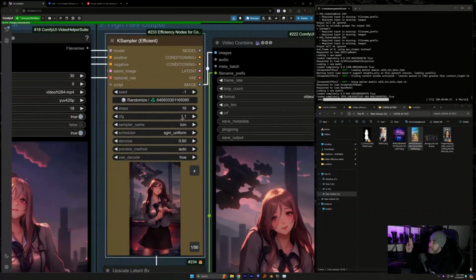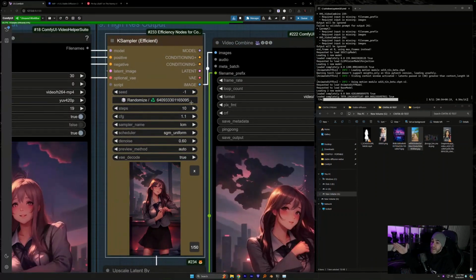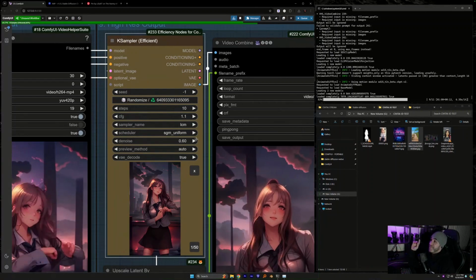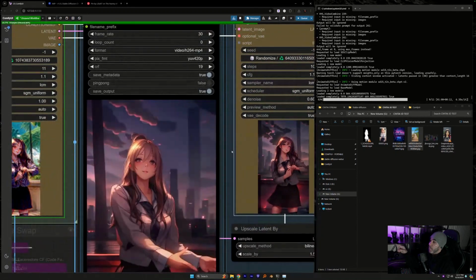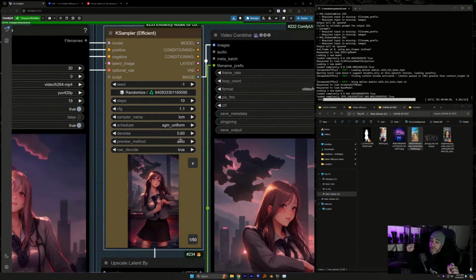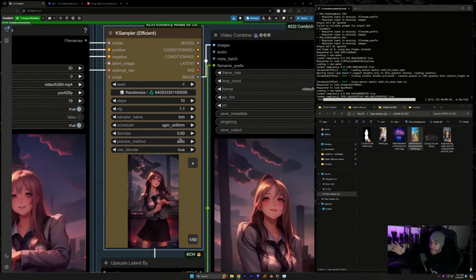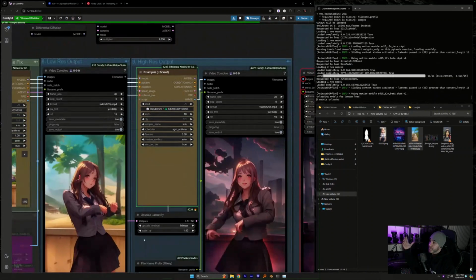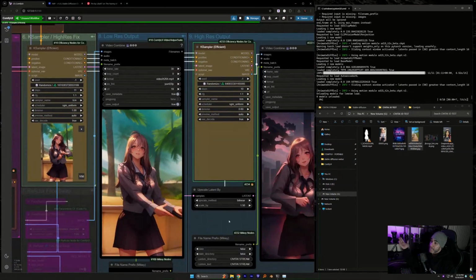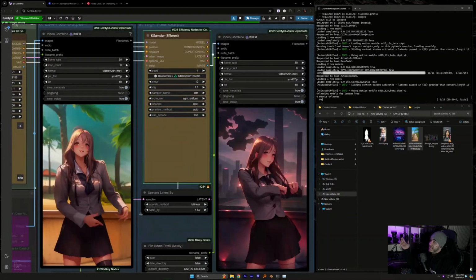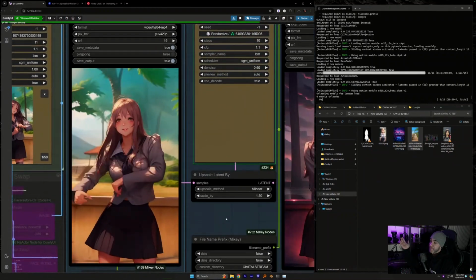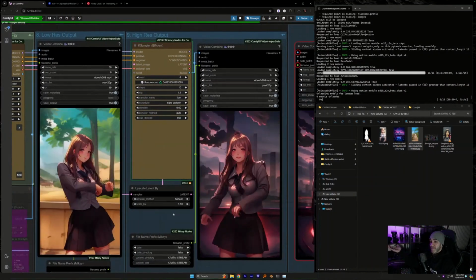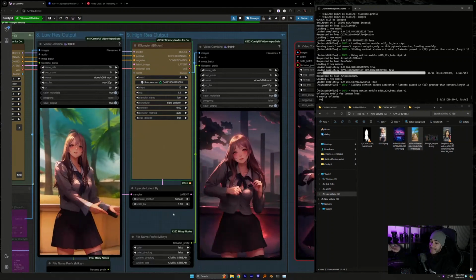Now this one, same CFG. Whatever CFG you use in the first one, use in the second one. You use 1.1, use 1.1, use 1.5, use 1.5. The denoise here, though, while you denoise at 1 in the first one, pushing it really high will be 0.6 here. Most of the time lately, though, I've been doing like 0.4. So, okay, boom. You can already see, just by changing the background to the beach, and we're using the anime model, how cool and how simple this is to get really dope videos.